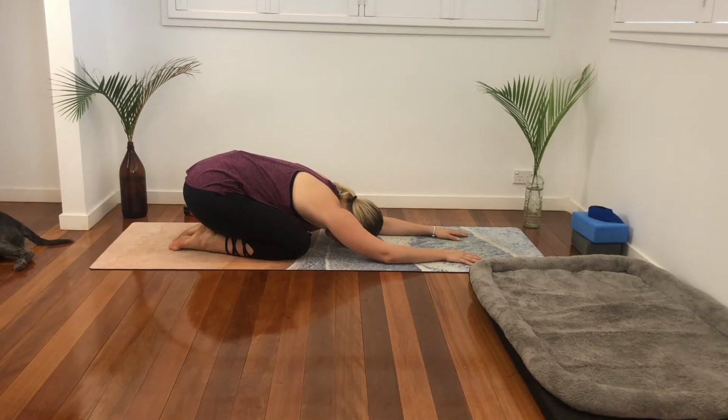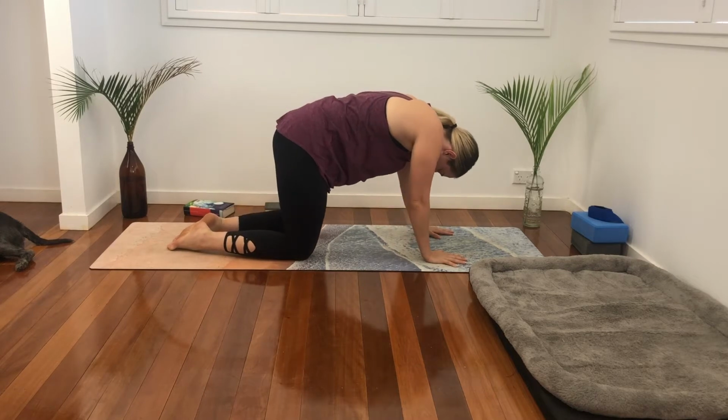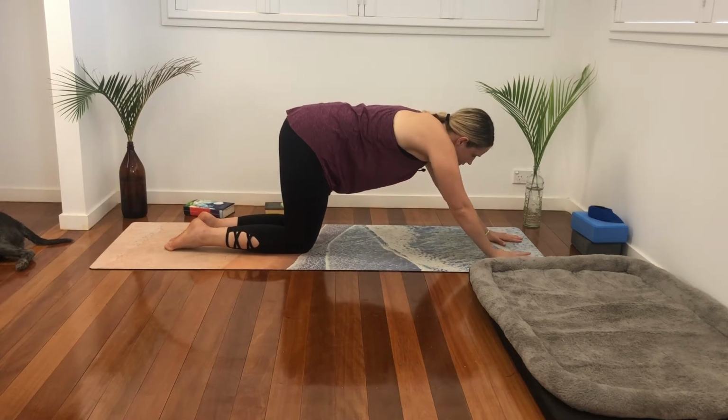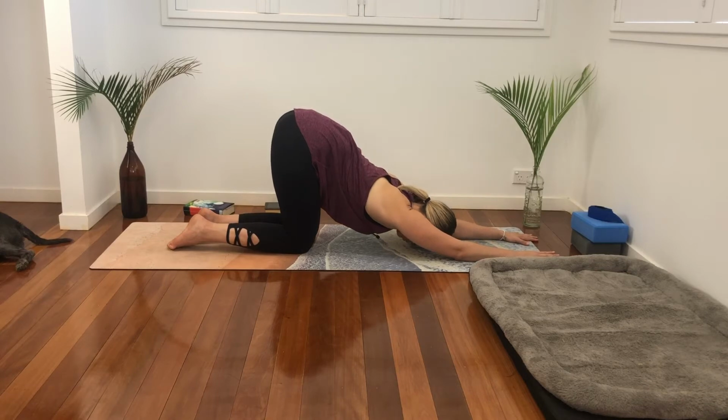Inhale. And exhale. Inhale, and exhale. When you're ready, gently make your way up into a tabletop position. Walk your knees into hip distance apart. If they weren't already, we're going to walk our hands forward and melt our chest into our puppy pose towards